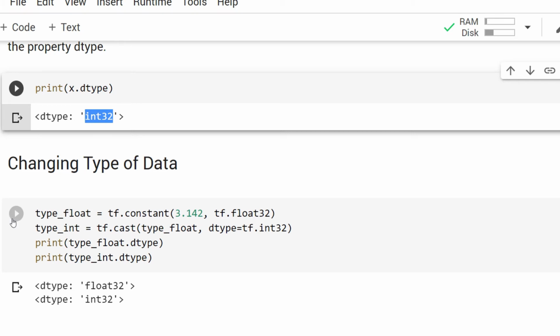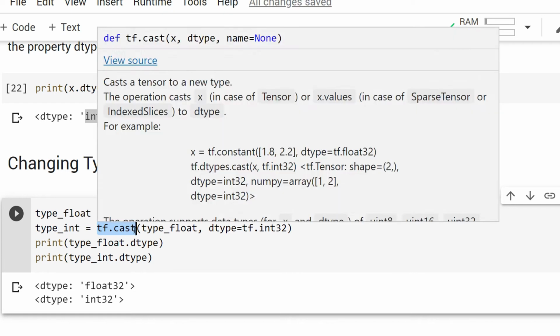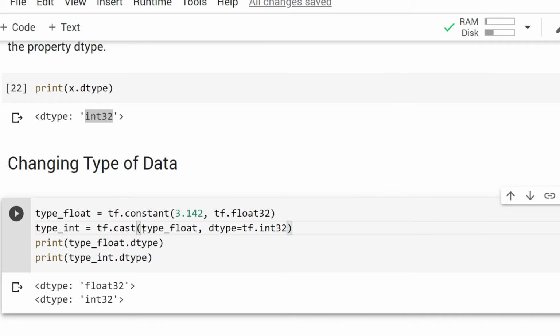Now if I declare type float tensor as a constant of 3.142 and it is of type float32, the same value can be converted into integer by using the tf.cast function. This cast function means I want to do the typecasting. I want to typecast this value of type float into int32.